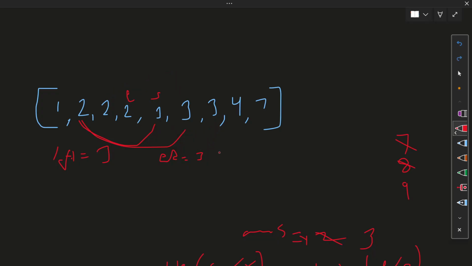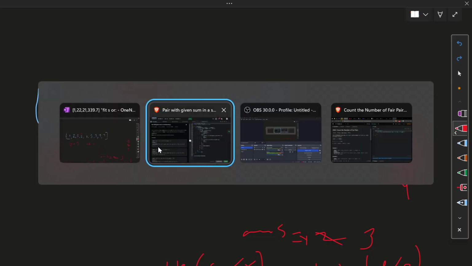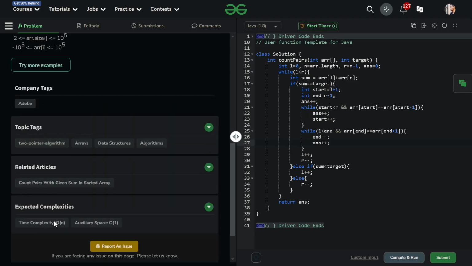So it's time to multiply left and right. Just multiply left and right and update your answer. So you can solve it in this way. So that's all about this question. We have solved it in expected time and space